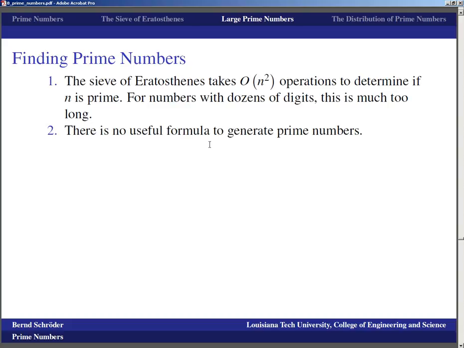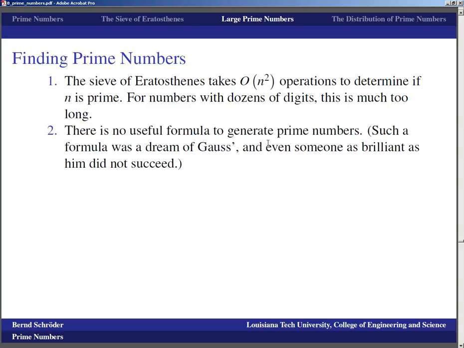And for larger numbers with dozens of digits, that is much too long. Well, unfortunately, there is no useful formula to generate prime numbers. Such a formula was the dream of the German mathematician Gauss when he was in fact fairly young, I think. He wanted to have a formula that generates the next prime number,